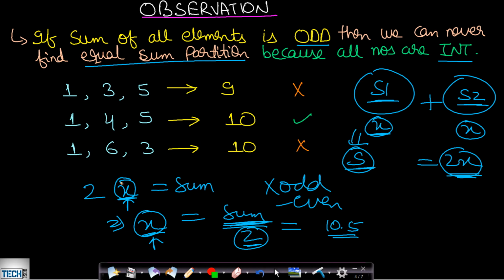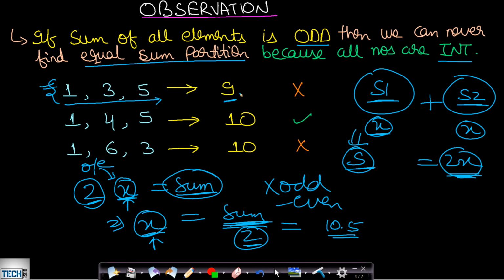Therefore this x can either be odd or it can be even. But when you multiply it by an even number, let's say you multiply it by 2, then the sum value will always be even. Therefore a given set should have the sum of all the elements equal to an even number. Then only it can be possible to divide this given set into two subsets such that the sum of both those subsets can be equal. If it is coming as an odd number, then you can directly say that it won't be possible.